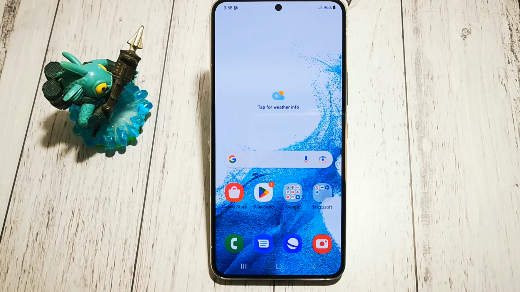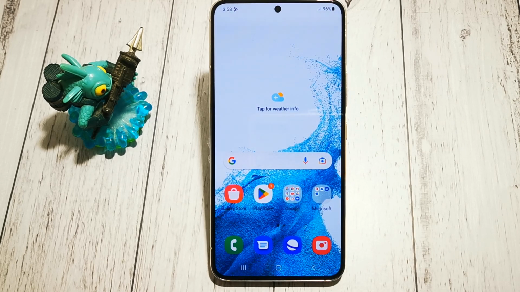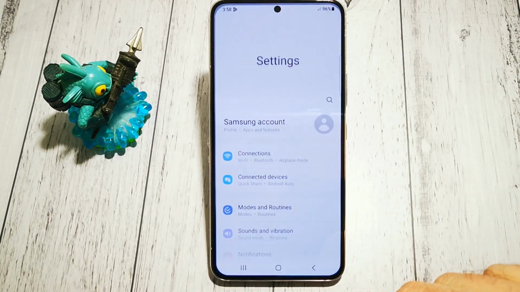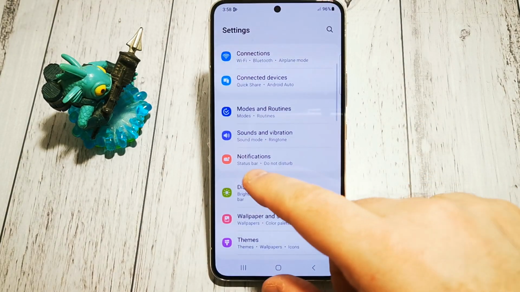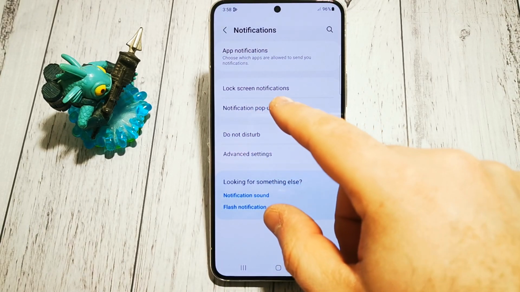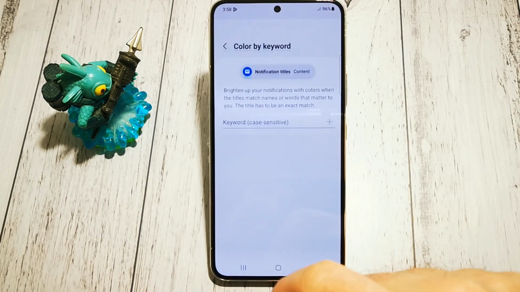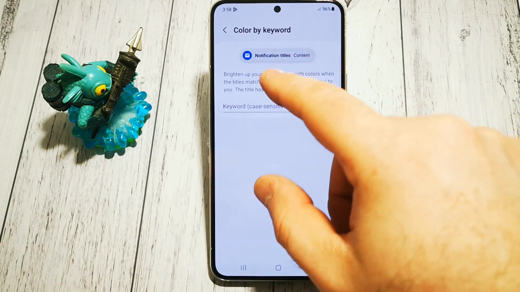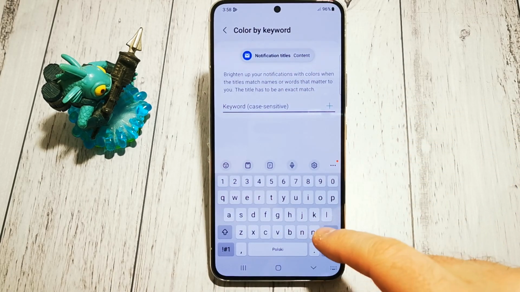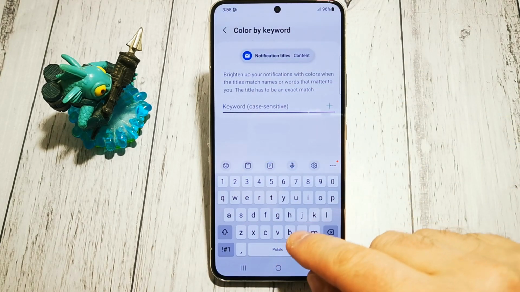Today I will show you how to turn on color by keyword notifications in Samsung Galaxy S22. To look for our notifications options, we have to go to settings, of course. Then in notifications menu we have pop-up notification pop-up style, and here, as you can see, we have color by keyword. We can highlight our keyword here, our name or whatever keyword we need,